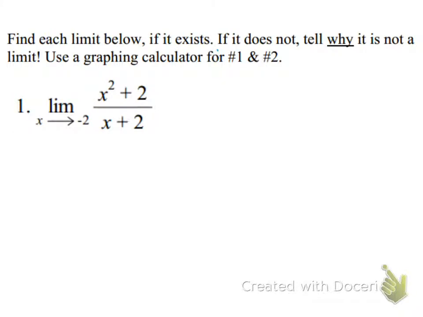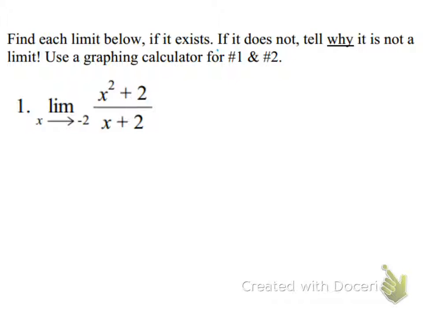So let's look at 4 examples. For each limit below, find each limit if it exists. If it does not, tell why it is not a limit. Use a graphing calculator for number 1 and number 2. So, for number 1, the limit as x approaches negative 2 of (x squared plus 2) divided by (x plus 2). So, I took to my Wabbit app